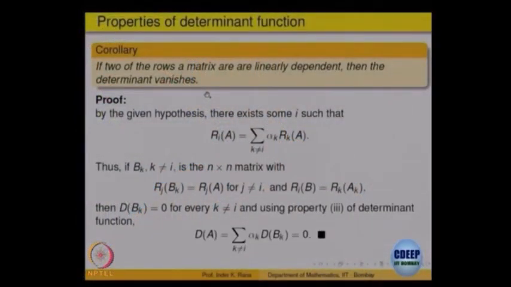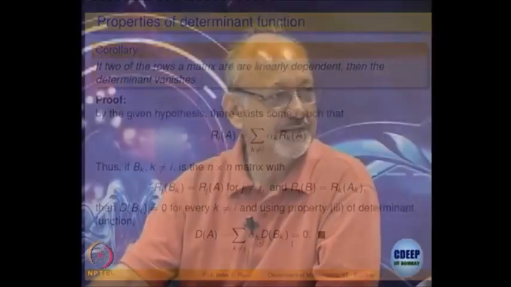So, here is the proof. Okay. If the ith row is a linear combination of the remaining ones, then when I expand, look at each of the expanded matrices, two rows will be coming identical in each Bk. So, all will be 0. So, this will be equal to 0, right. Is it okay? Clear? Or shall I write it in 3 by 3 and show you again? Yes, you want to? Okay, let us write it in 3 by 3.